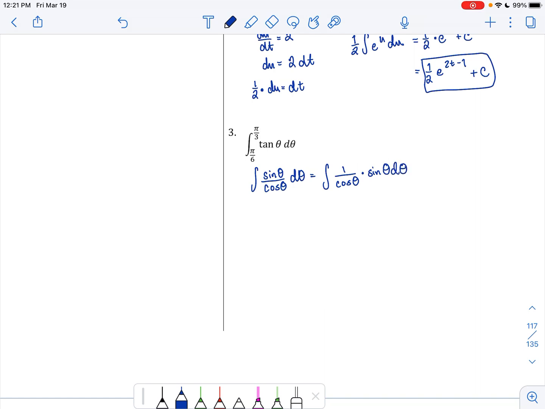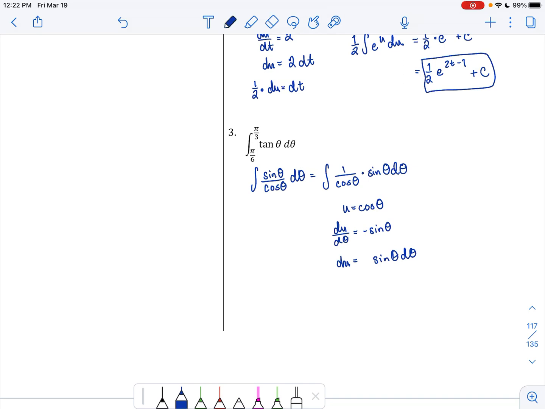And here we can see that if I set u equal to cosine of theta, then du/d theta is negative sine theta. We have positive sine theta d theta, so multiply by d theta on both sides and